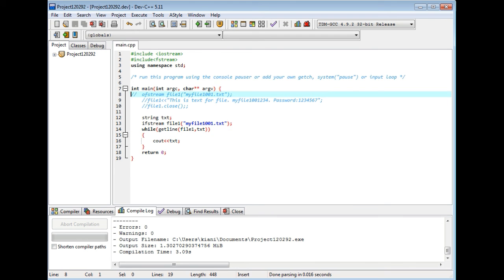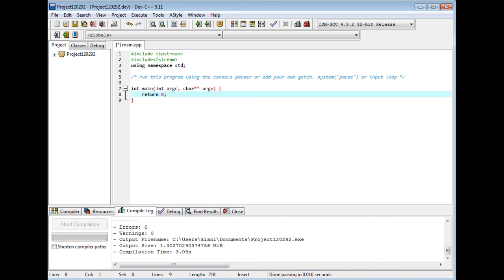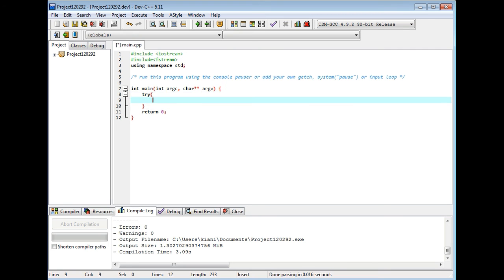What is the try catch block? Let's see. We should put the exceptional cases in a try catch block. Try: integer a, integer 10 divided by 0.